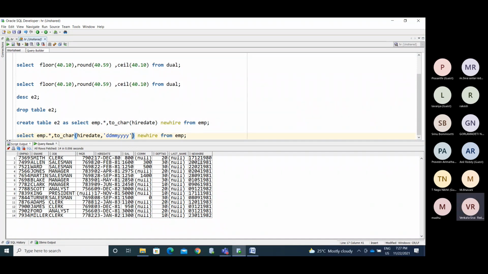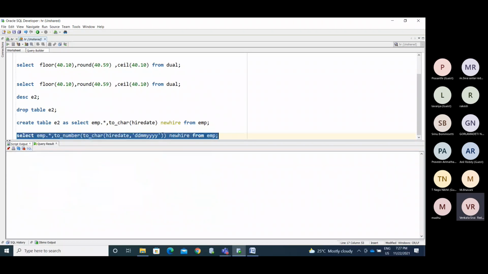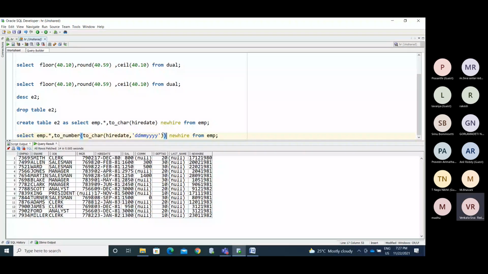Now I have the values without any special characters. So now I make it TO_NUMBER of this date value. Now this becomes a number value. So if you are in a character data type and you don't have any special characters, then you can simply convert it to a number.